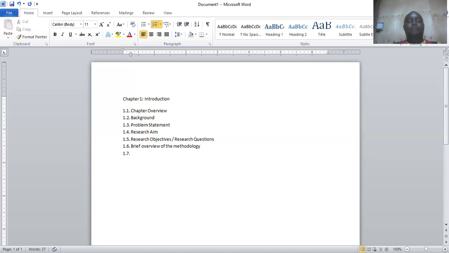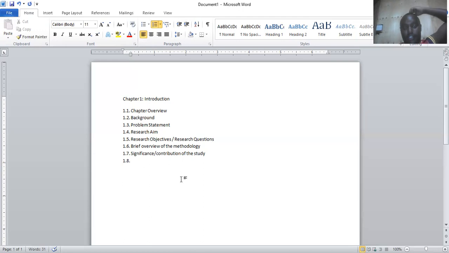And then from there, you go to the significance of the study. In the significance of the study, you can also talk about contribution. What will be the contribution of your study? What impact will it have in this field of knowledge? How is it going to back policy making in India as far as menstrual hygiene management is concerned? That's what you cover under section 1.7, and then under